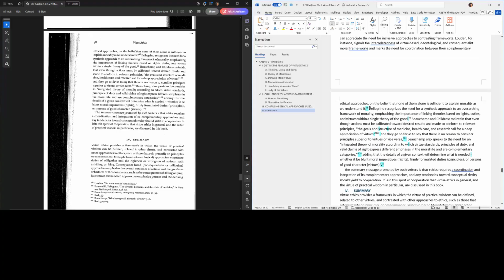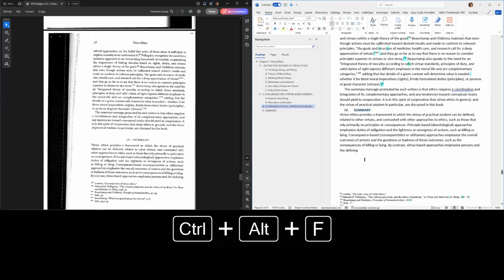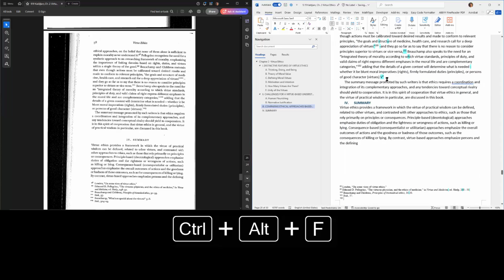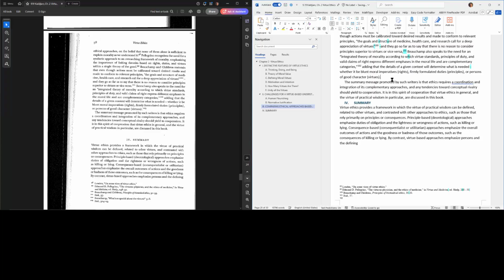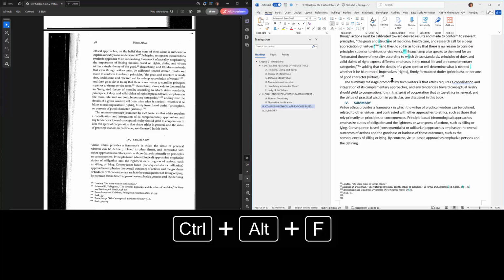Provides, alright, 98, good is 99, virtues is 100, versa is 101, this is not looking good. Categories is 102, so Control Alt F. I'll just add a placeholder for now, and then virtues, Control Alt F for 103. So now we have placeholders.